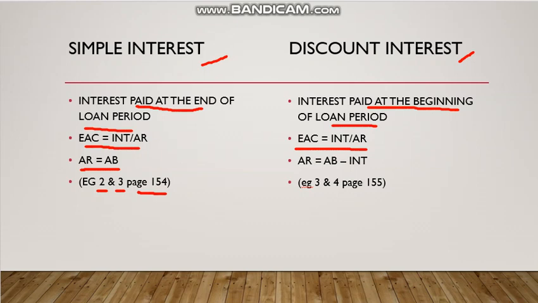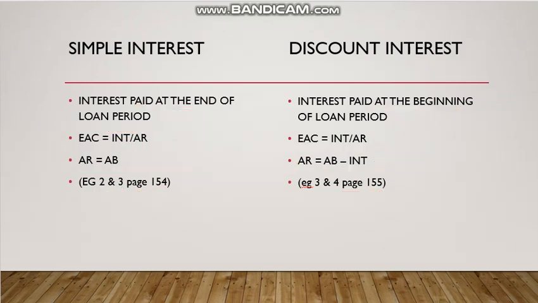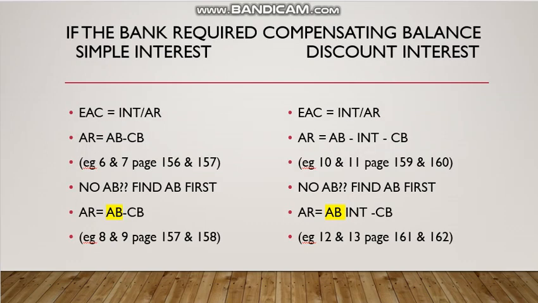Alright, what is AR over here? AR over here, we have to minus the interest, because the amount that we are going to receive should be lower. This one we can see in example 3 and example 4 on page 155 in our textbook. Alright, so have a look here. This is for the example of